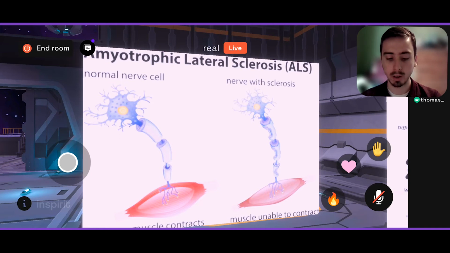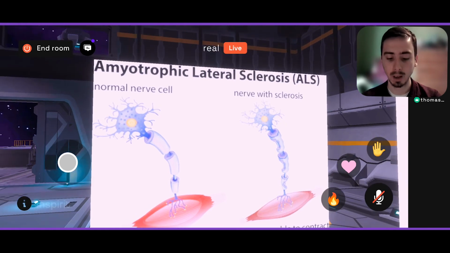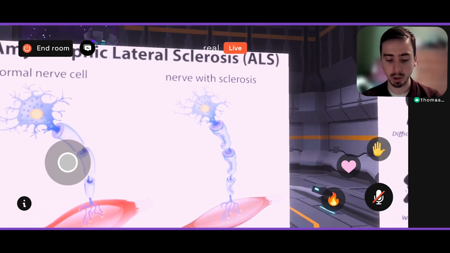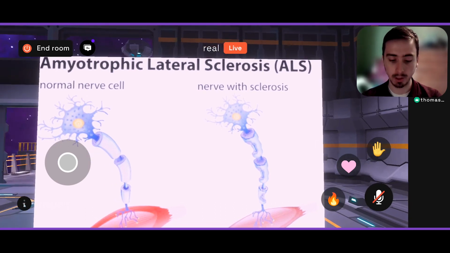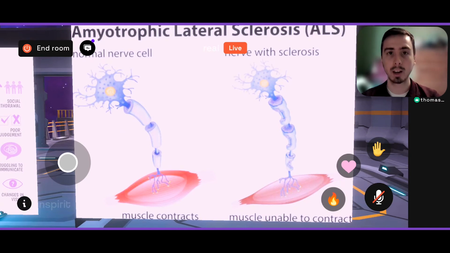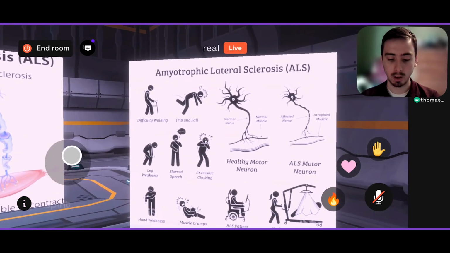And then we're going to move on to amyotrophic lateral sclerosis, or ALS. Now, you may be familiar with ALS from prominent figures who have it, such as Lou Gehrig, who was one of the first major people to have it, or Stephen Hawking. What ALS is, basically, is that a muscle is unable to contract or flex, and this is because of the degradation of the neuron itself. And because a neuron can't stimulate the muscle to contract, the muscle becomes smaller and smaller to the point where it's so weak you can't use it.